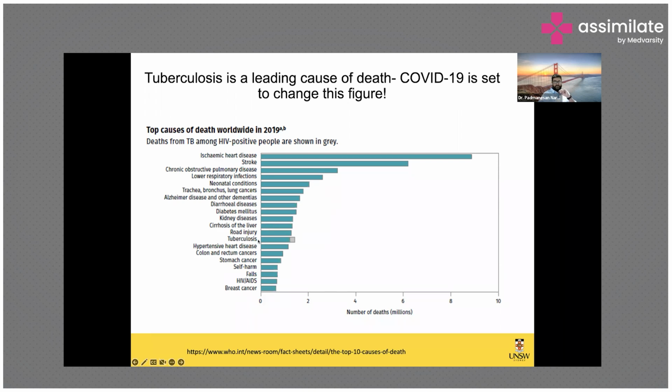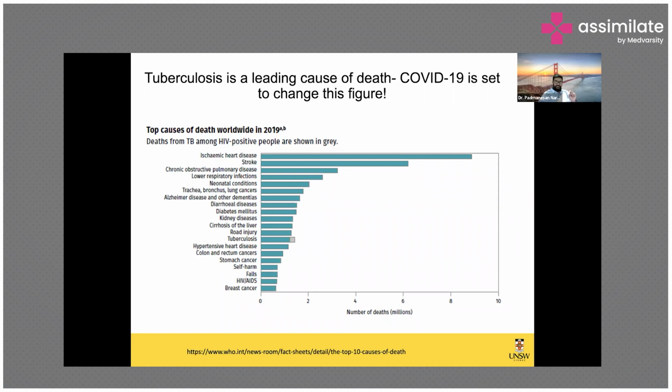The interesting thing I want to point out is that if you compare this with HIV, HIV is right in the bottom. And the numbers are not very clear, but the number of deaths caused by TB is actually double the number of deaths caused by HIV. So it's very interesting to know TB is the single largest infectious agent causing death around the world. And it's a very serious problem. And a lot of people do not actually pay attention to this.